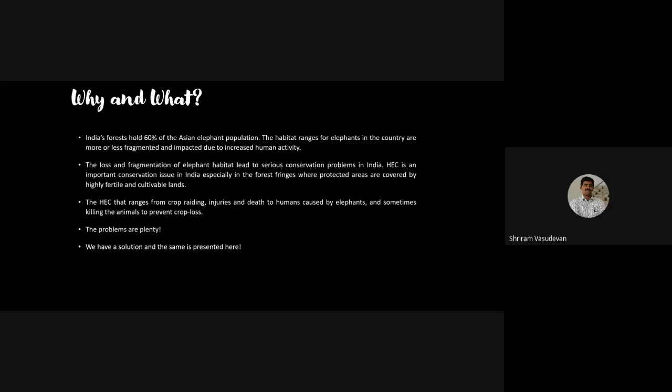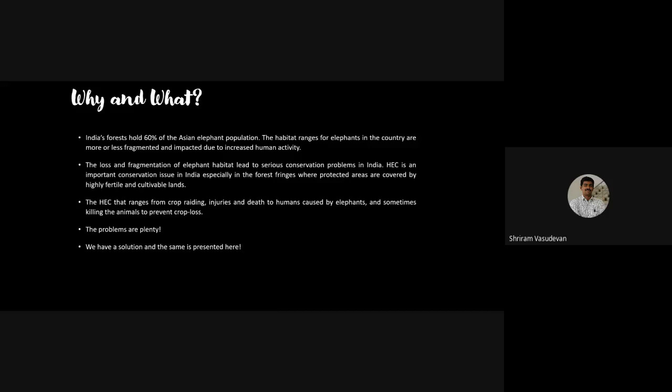The most important point is crop loss is also happening, while the elephants are also getting killed, and humans are also getting killed. This is not only for crop and agriculture related stuff, this also happens in the railways. We could have seen a lot of news articles that covered the news that the train which was running has hit an elephant, and it was killed. We have seen these messages a lot of times, and that's also one of the impacts that